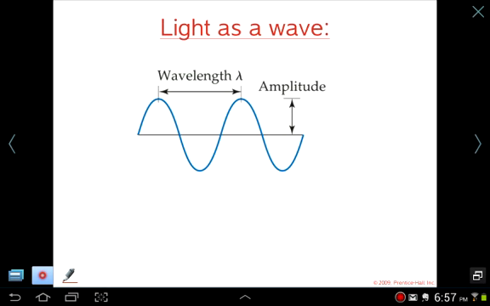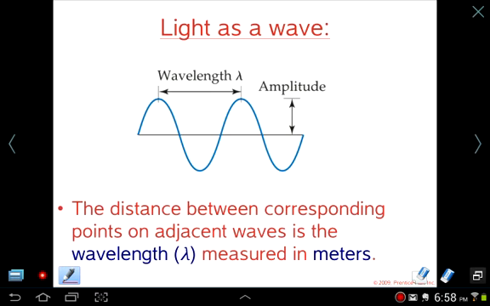Sound can also be thought of as a wave, and when we say a wave, essentially it's a way to propagate energy. So a sound wave actually is a carrier of energy, and the light wave does exactly the same thing. Any wave has what's called a wavelength, which is simply the distance between the top of one wave, what's called the wave crest, and the top of another wave. And the